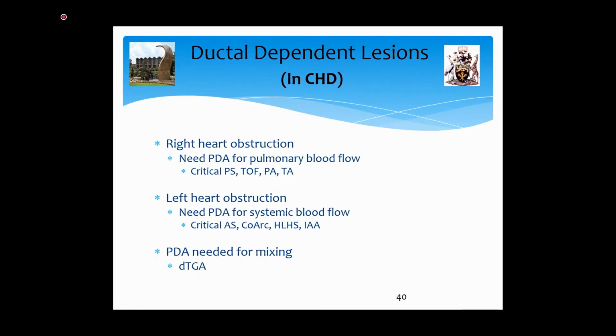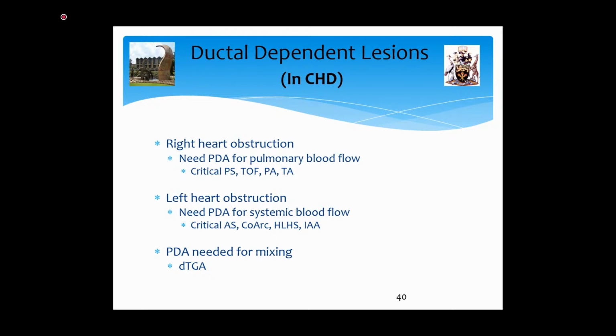It's a duct-dependent lesion. Or when you have left heart obstruction and you need the PDA for systemic blood flow. So for example, in critical aortic stenosis, it is better to leave the PDA open so that the blood flows from the pulmonary artery into the aorta post the coarctation or aortic stenosis. Better off to have deoxygenated blood than no blood at all. So critical aortic stenosis, coarc is coarctation of the aorta, HLHS is hypoplastic left heart syndrome, and IAA is interrupted